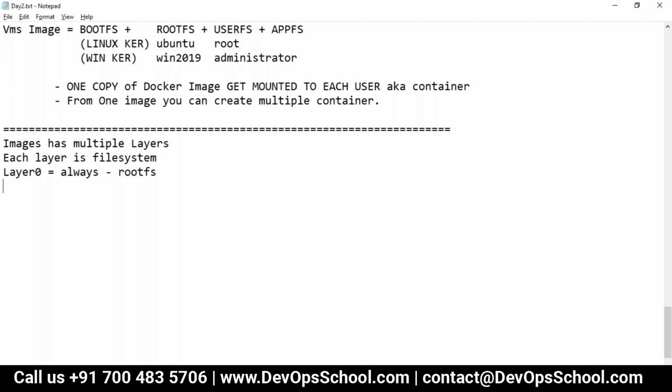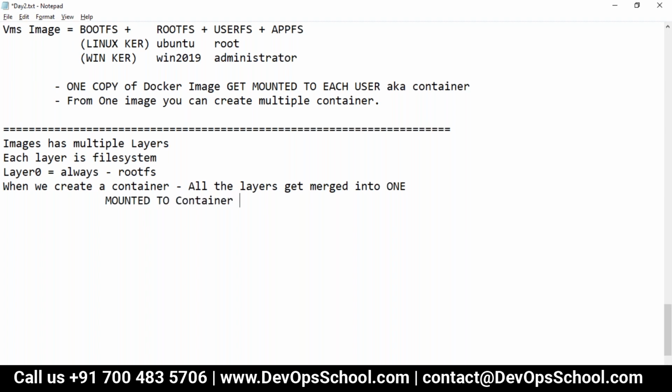Now what happens when we create a container? All the layers get merged into one and mounted to the container process.